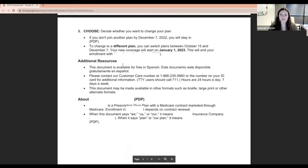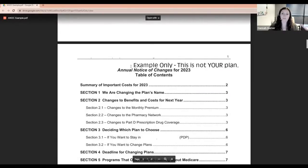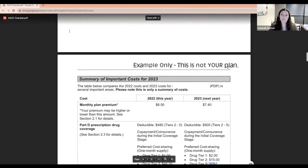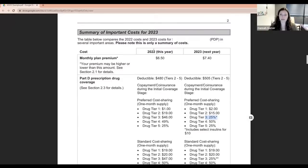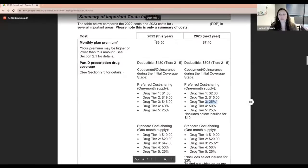So for someone who's maybe never seen one of these before, or who's never been comfortable with how these work, the first few pages are just going to be identifying the plan and the plan number and all that good stuff, a table of contents. But what most people are looking for is this page that is sort of the summary of what they have now, and then what is going to be changing for the upcoming plan year. So you can see on this particular plan,